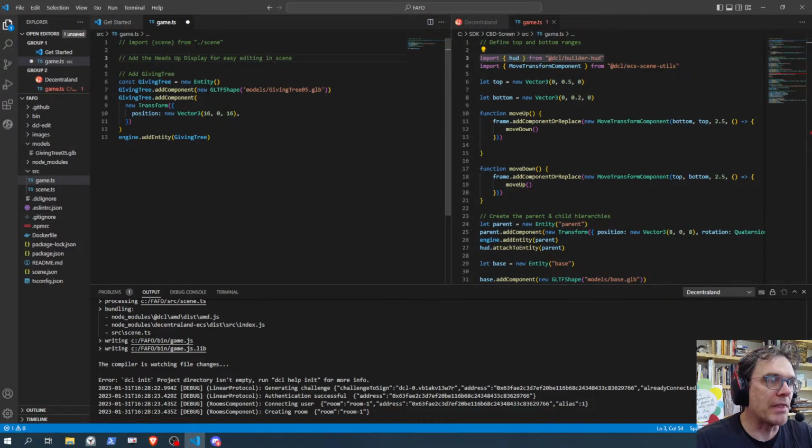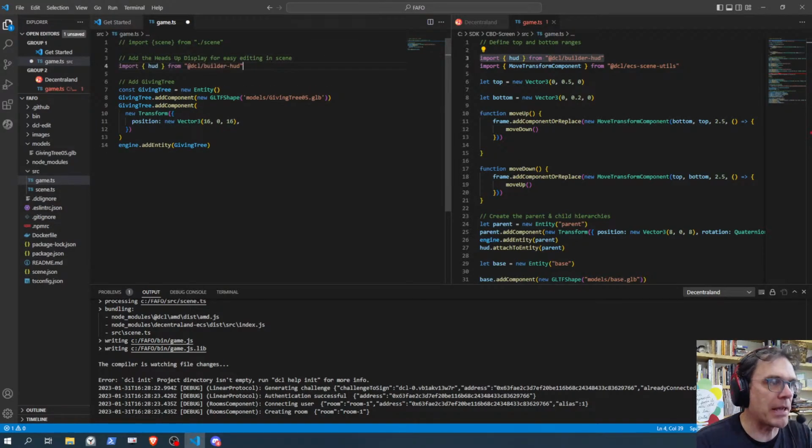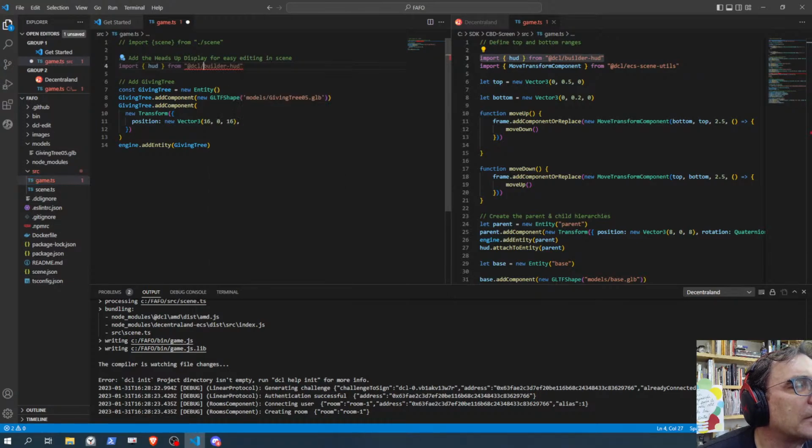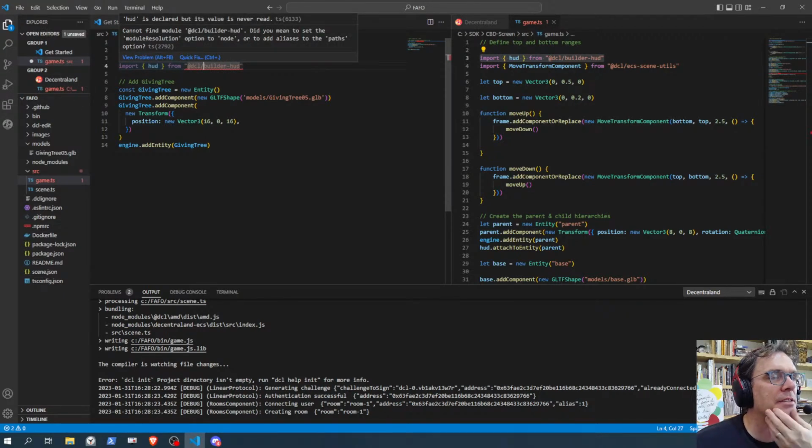Okay. And then I'm going to hit enter again, and then paste that code in there. And now I have a squiggly. Why do I have a squiggly? I think I need to add it over here. It's a dependency, and it's not finding it.